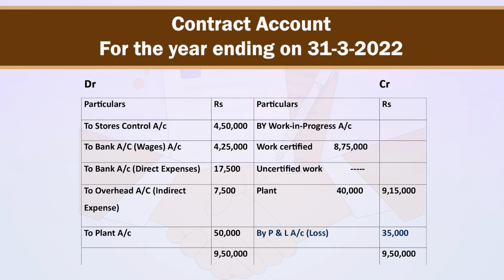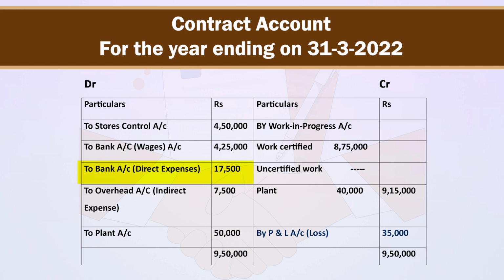As it is our first year, so there is going to be work in progress. Therefore, on credit side, our first entry is by work in progress account. In that, we will record work certified rupees 8,75,000, work uncertified dash, plant 40,000, making total of work in progress rupees 9,15,000. On debit side, to stores control account 4,50,000, to bank account for wages paid 4,25,000, to bank account